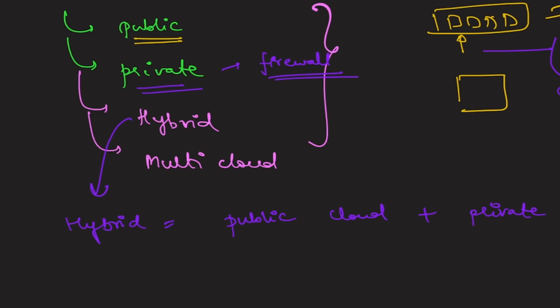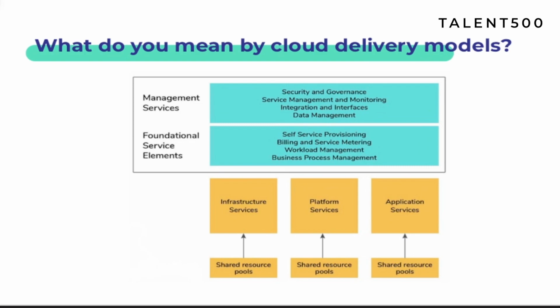Now let's look into the next question, which is cloud delivery models. Just now we learned about a cloud. And why do we need that? So that it can help us in computation, correct? Now, why do you need cloud delivery models? Because these are the models which will be helping us with certain computing environments. You have some computation requests, but not all the requests are going to be of one type. You can have multiple types. With the help of these cloud delivery models, you can provide an environment for all of those requests.